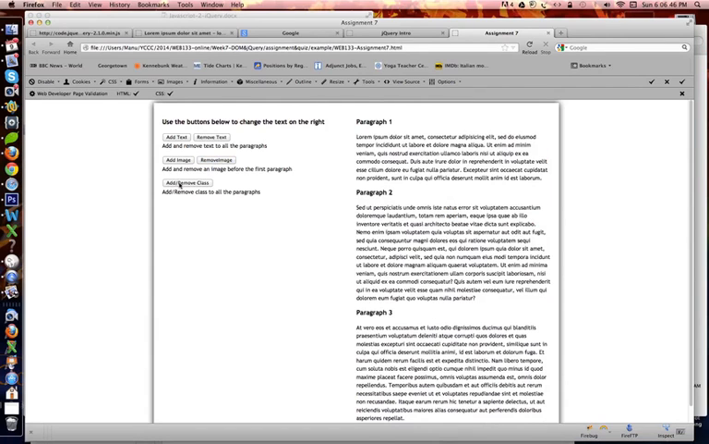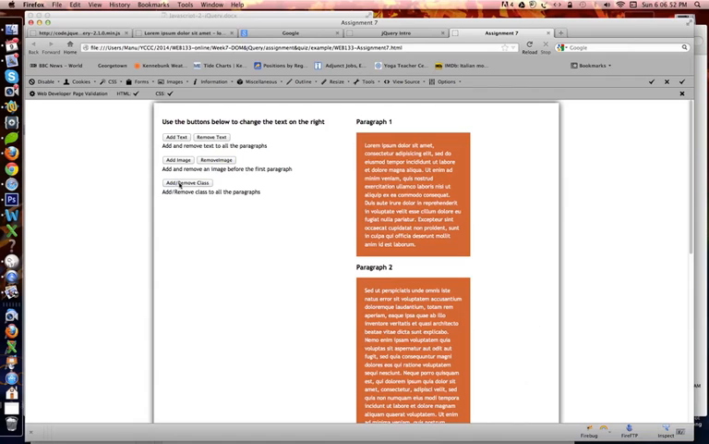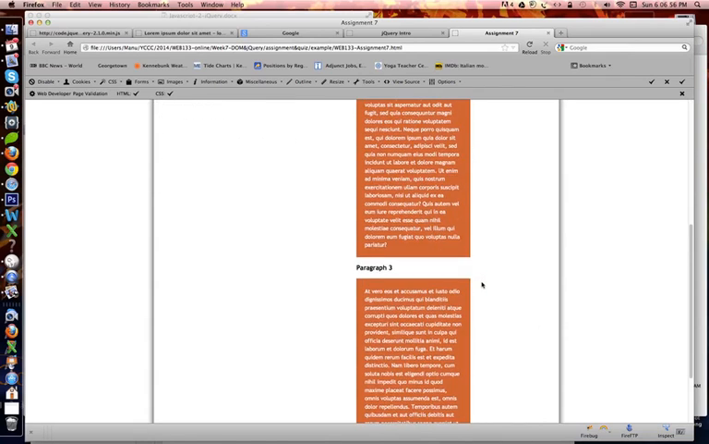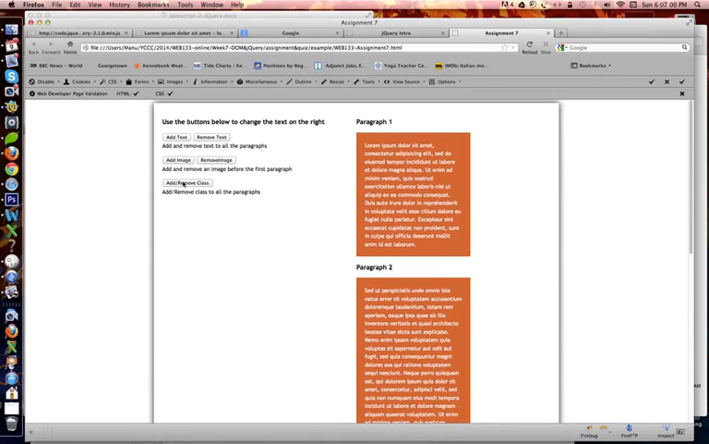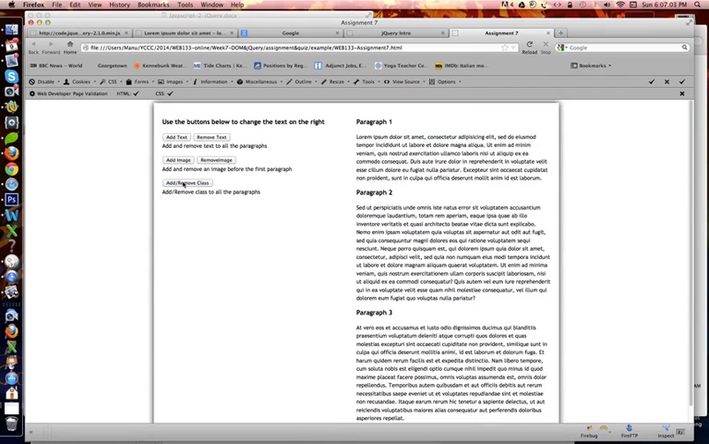The last button uses toggle class to add and remove a class to the paragraph. So when I click on it the first time, a class is added to all the paragraphs, and the class is defined somewhere in my CSS. And when I click again, the class is removed. So toggle class, not add class or remove class, will allow you to do all of that with one